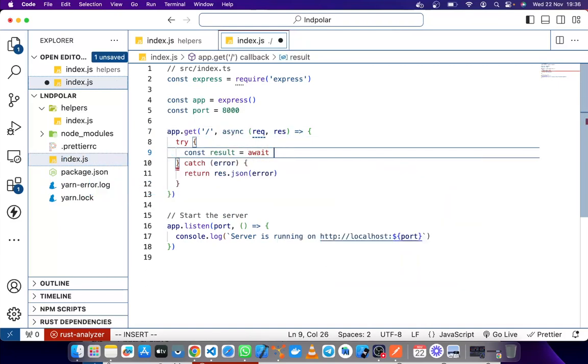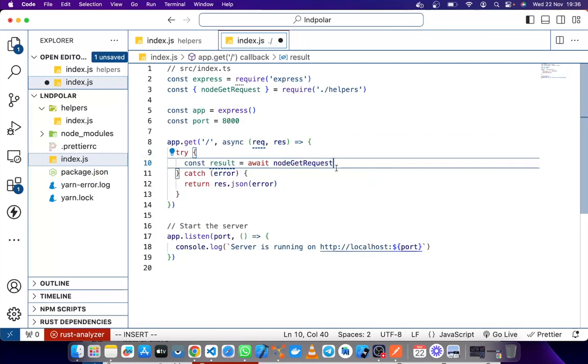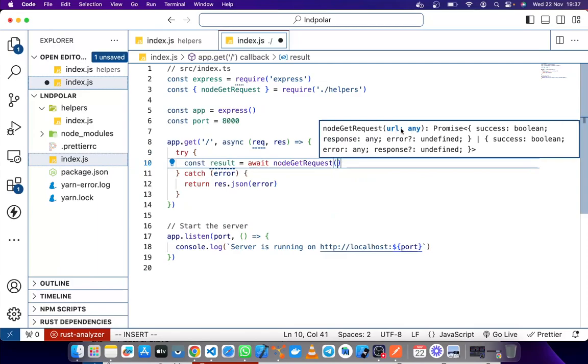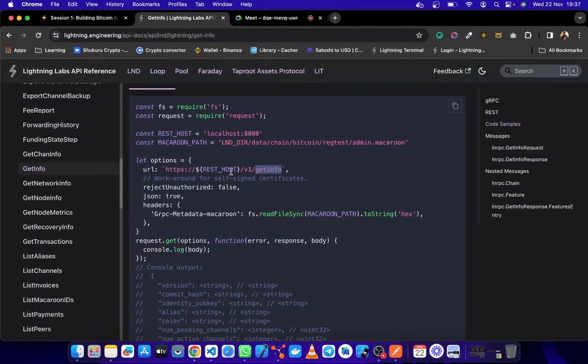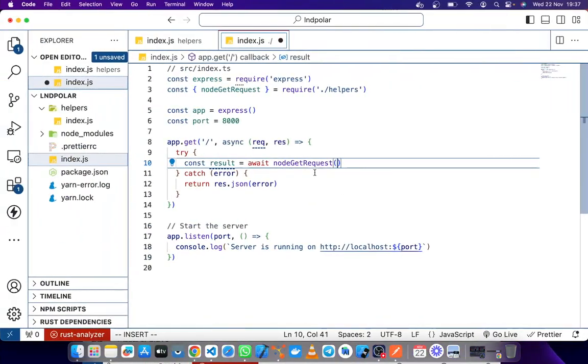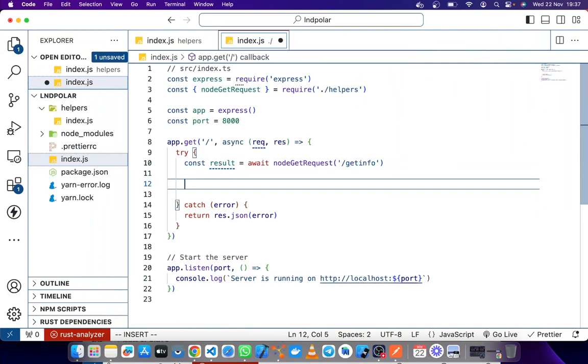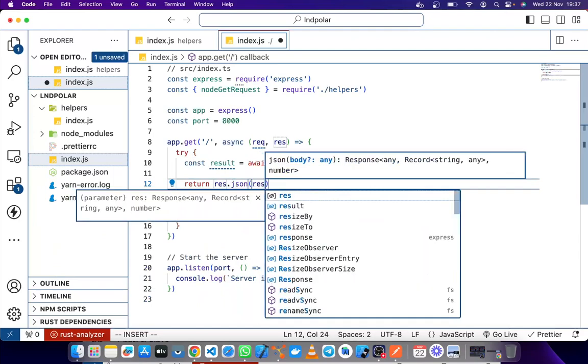And then our function is node get request. It has been imported from helpers, and you can see we need this URL. So the URL is this /getinfo, and after that maybe we can return the result in JSON like that.